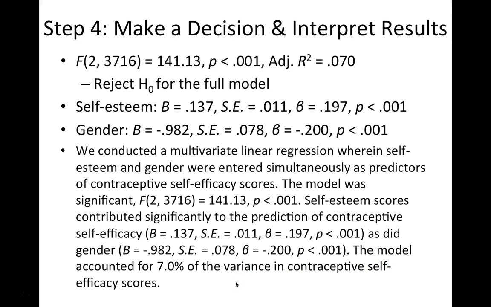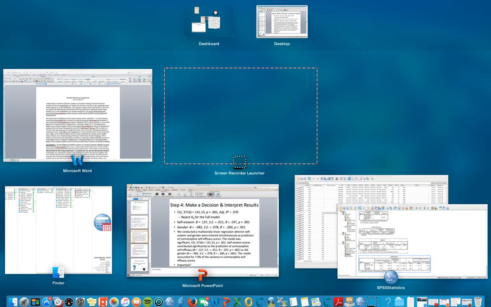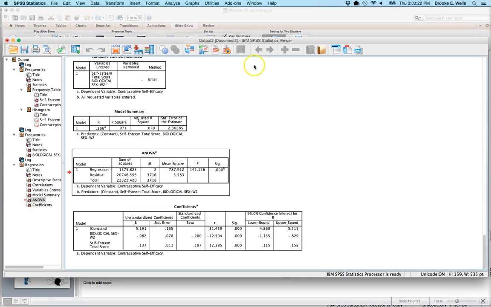So for your actual assignment, I am planning not to write up a full version of how I would write up this assignment, but let me know if you feel like that would be really helpful to you to see that, or if you feel like after seeing a couple of those, you have a better sense of what those write-ups look like. So what I'll actually do now is go back to SPSS